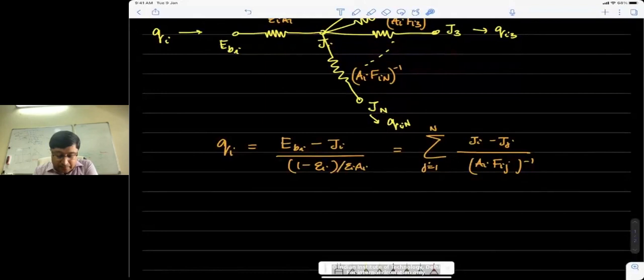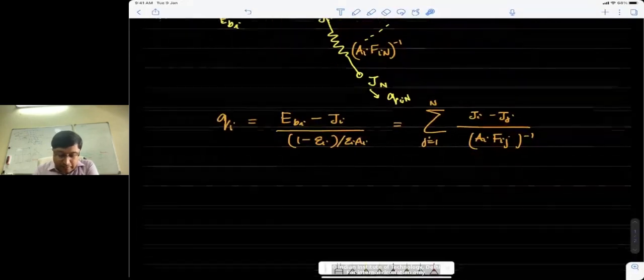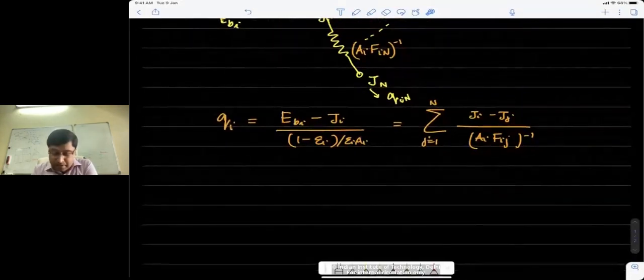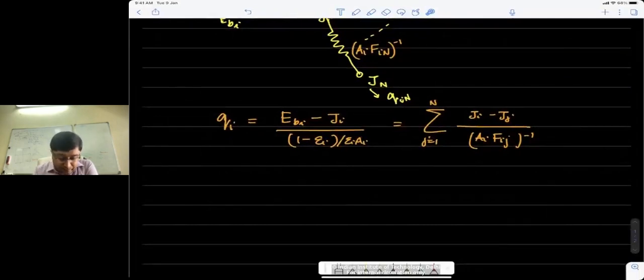And maybe we'll do one or a few examples which are simplified scenarios, which I will consider today. So one thing you need to realize is that if you look at this part of the problem, this is basically in terms of Ji, and the unknowns are the J's, the radiosities, in this problem. So what we need to calculate are these J values, so n values of J, J1 to Jn.